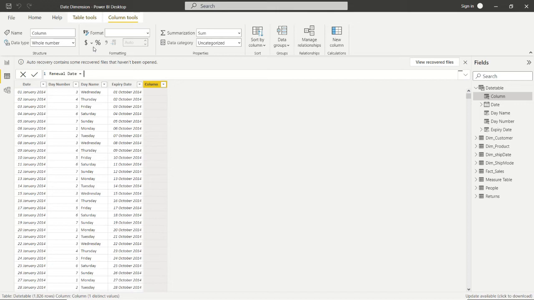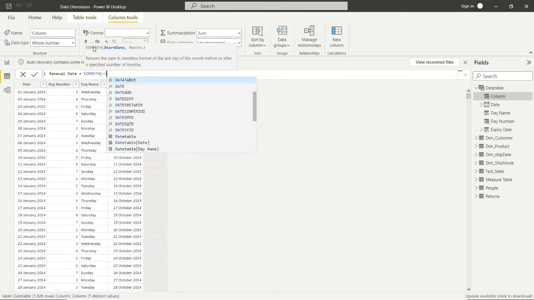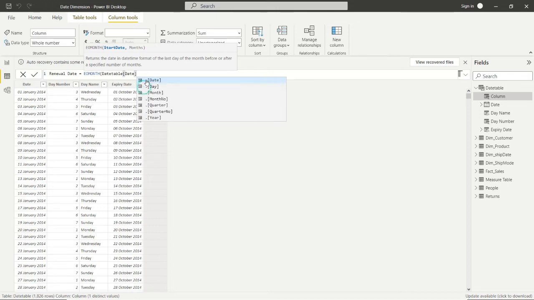At renewal date it will calculate EOMONTH, date table date, year, 6 months, or suppose you want 10 months.